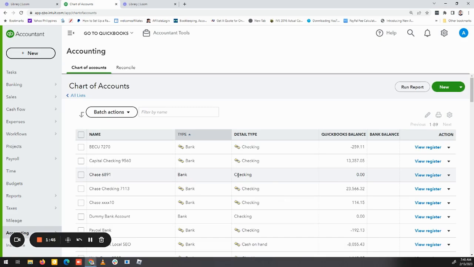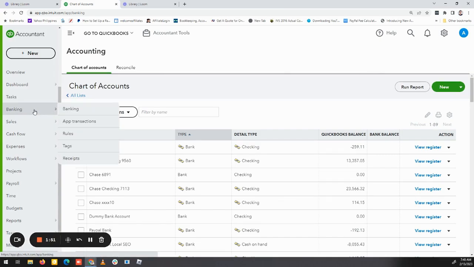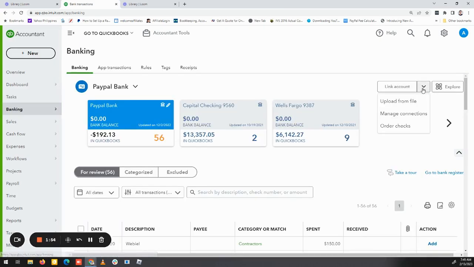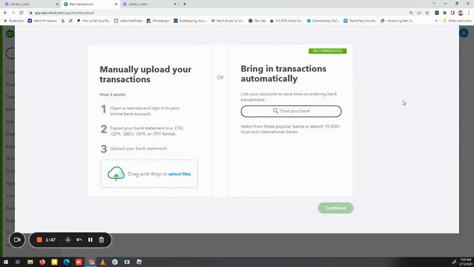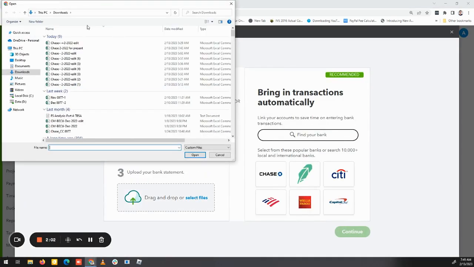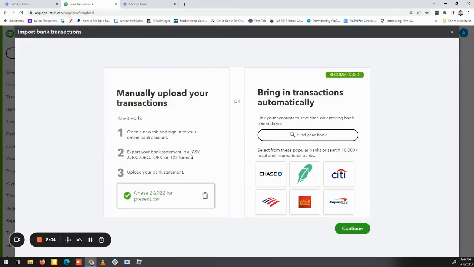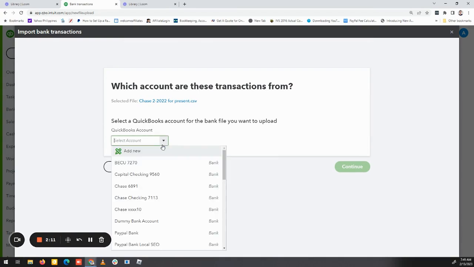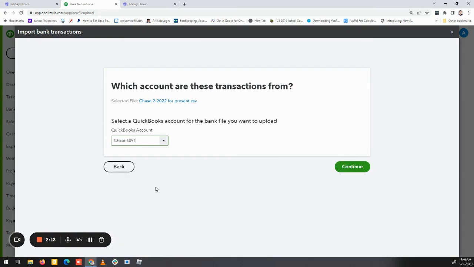Okay, so let's go back again. Okay, go here, upload from file, then select the file. Okay, so this is it. Then after that, continue, and then you map that to the correct account number.